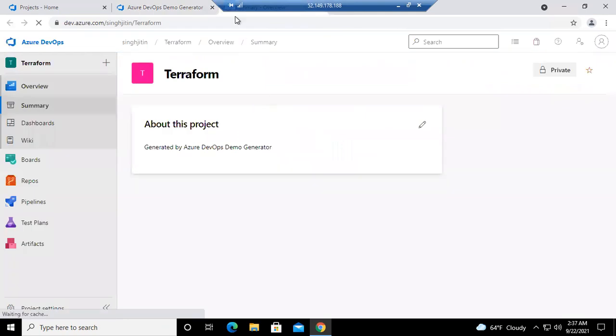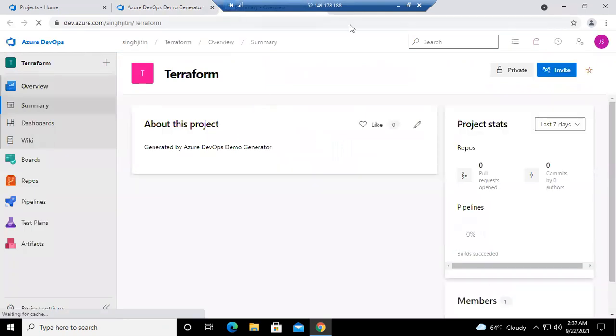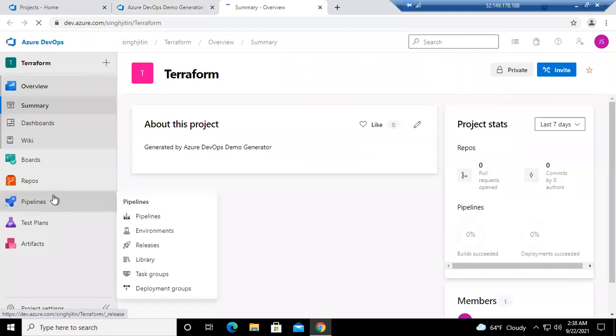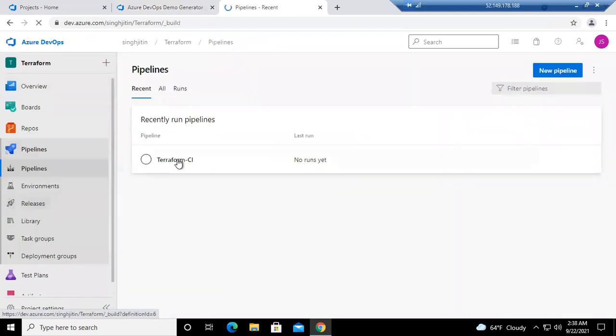Navigating to the project now. Now I'm inside the Terraform project, guys, where you can have the pipelines that you can bring over here, right?